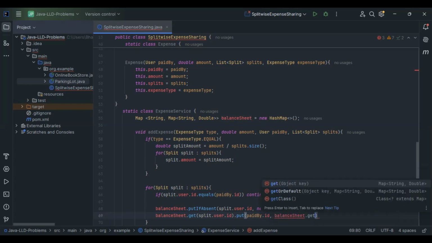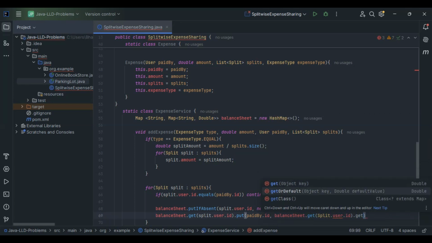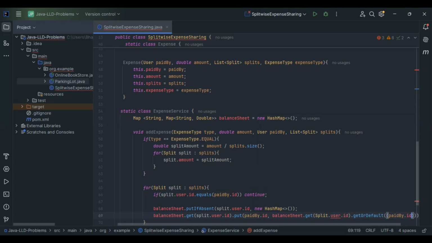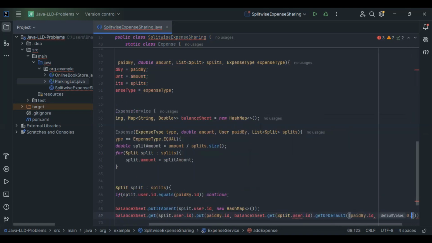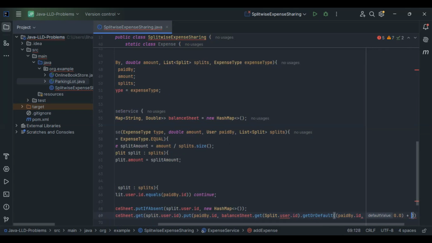So to get the value of user id, we will go with balance sheet dot get of split user id we need to get, so it will be user dot id. This is fine. Let's make use of getOrDefault here, because we need paid by dot id in this case. Let's give the value initially 0.0 here, plus what we will do,